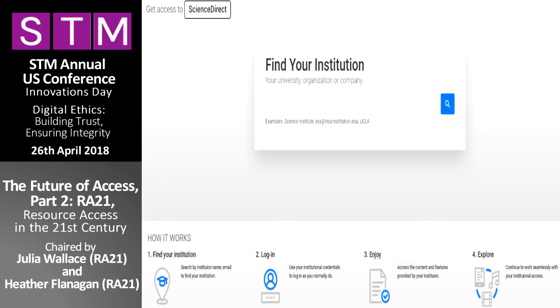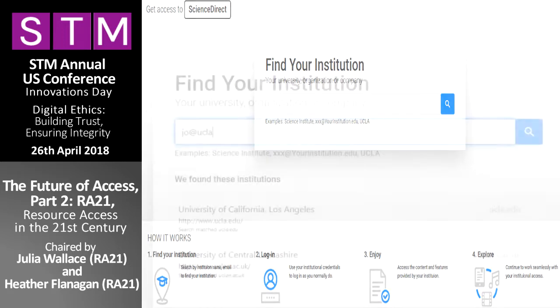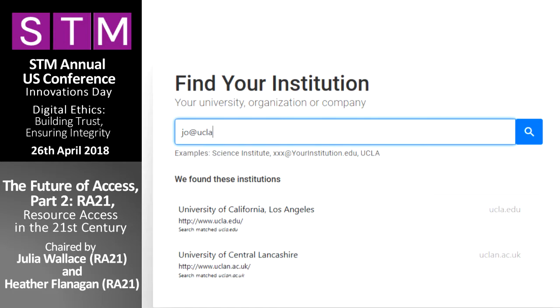Here I have the ability to just start typing, and it will, there we go, it worked. It will show me all the institutions that start matching what I've typed. I want to point out that if I do things like Joe at UCLA, it will look at the email address domain and find it, even though the name of the institution doesn't have UCLA in it at all.